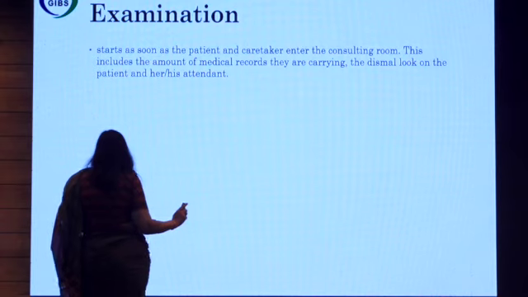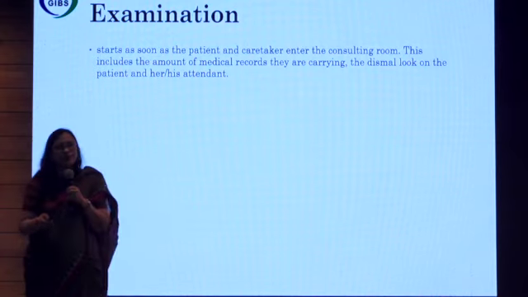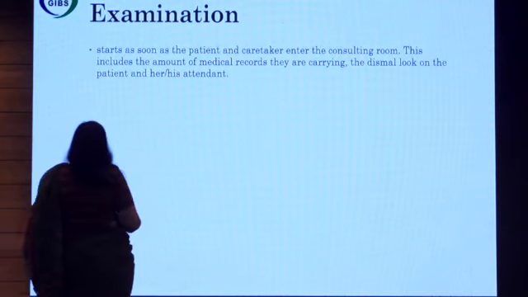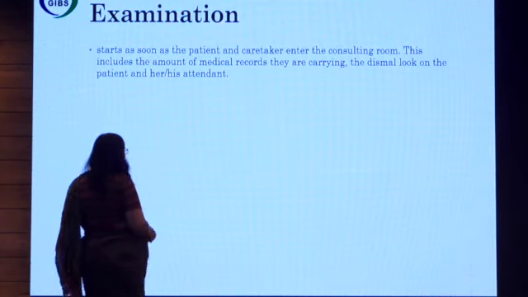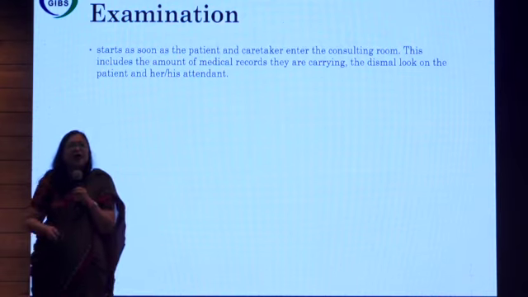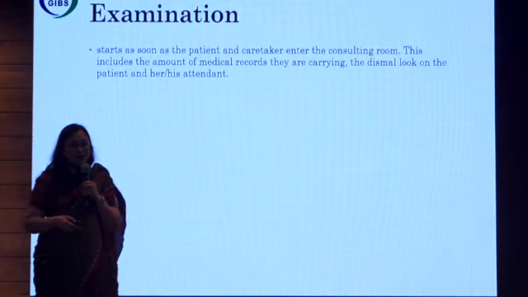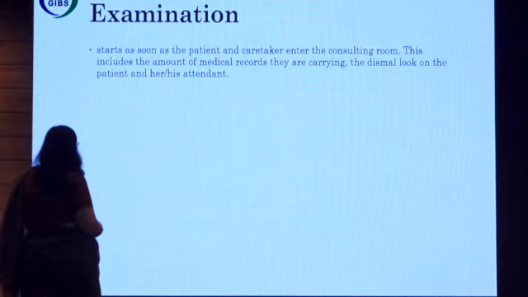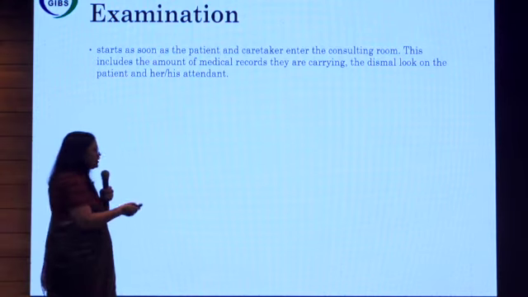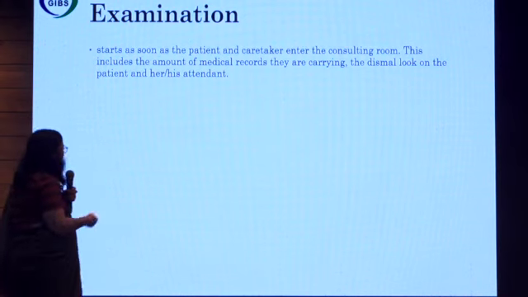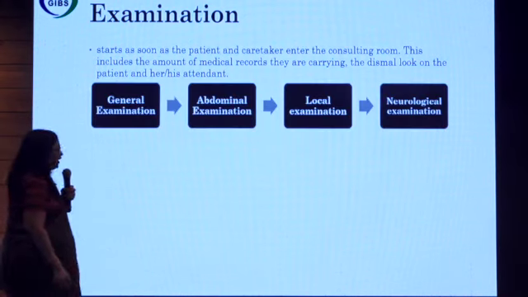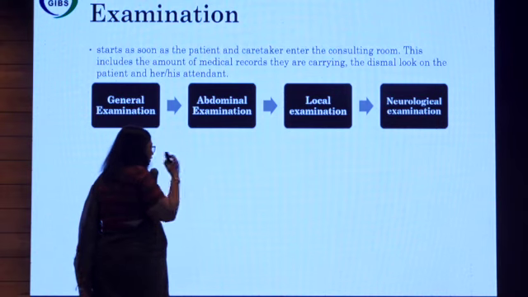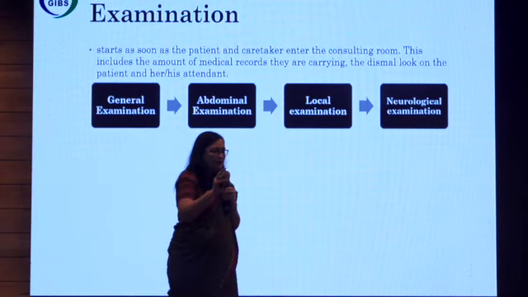Now coming to the examination part. It starts with a simple thing. The patient is entering your room. You have to look at the gait. You can see whether the patient is carrying a lot of medical records, because this disease still has a very deficient awareness. That's why many doctors don't recognize this disorder, and that's why they are wrongly diagnosed as recurrent UTI or something else, chronic pelvic pain and so on. That's why they are already depressed, and their family members are also depressed with them, saying there is no disorder, everything is in the mind. So that's pretty common once the patient enters.